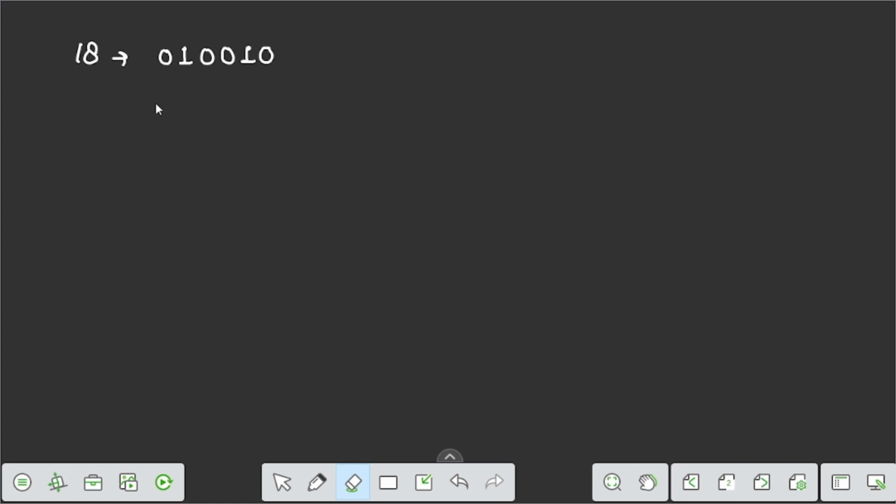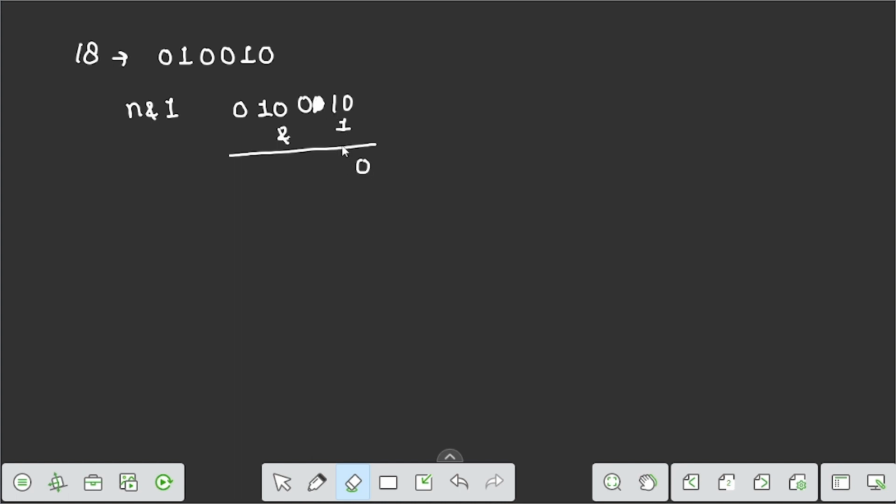We are doing the bitwise AND operation of that number with 1. We take the bitwise AND of this number, 0 1 0 0 1 0, with 1. 0 and 1 bitwise gives 0.